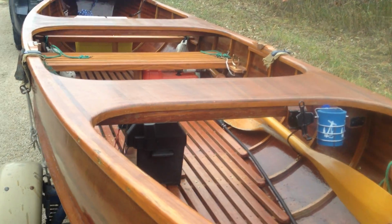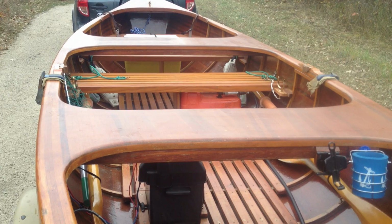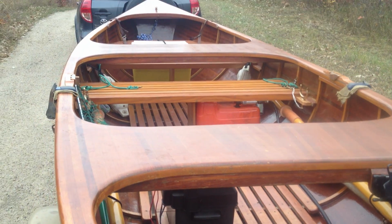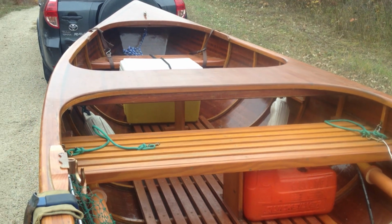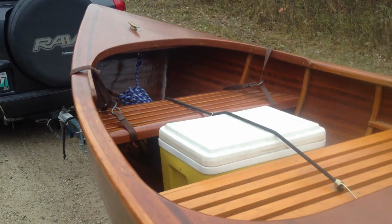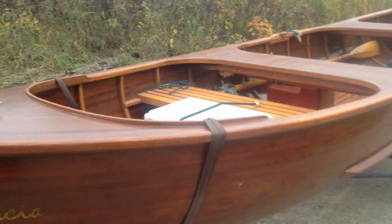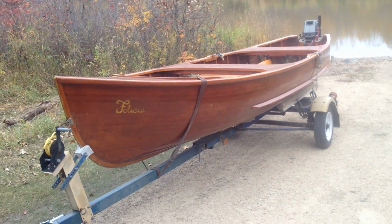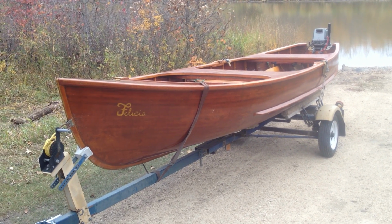of transverse decks. These are boxed in with foam and provide extra flotation, so this boat is unsinkable. It would float level if you swamped it, so it's never going to go to the bottom without you. What I like about this boat is it only weighs about 200 pounds and is easily driven with a small